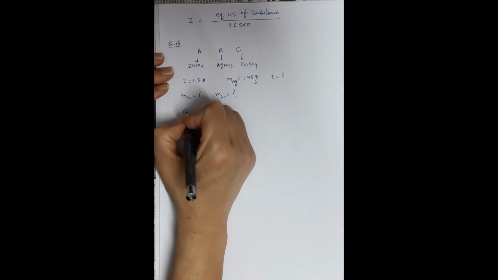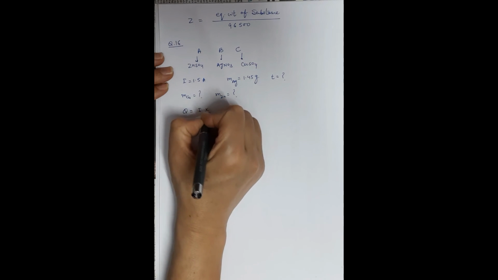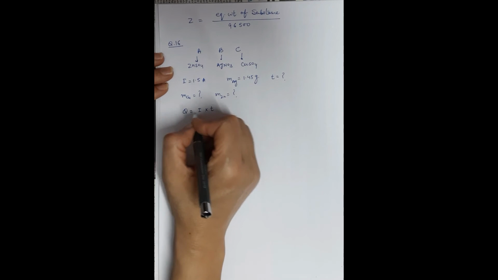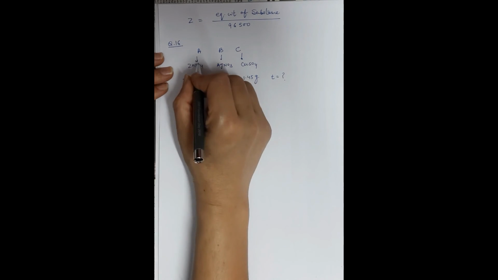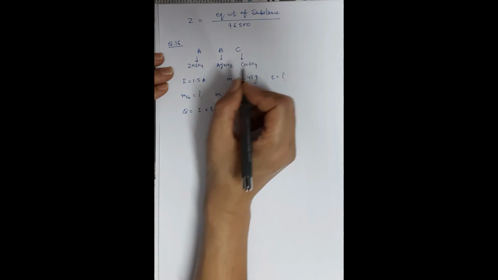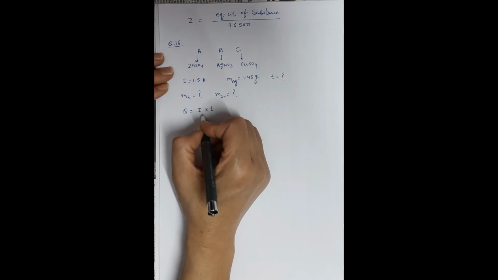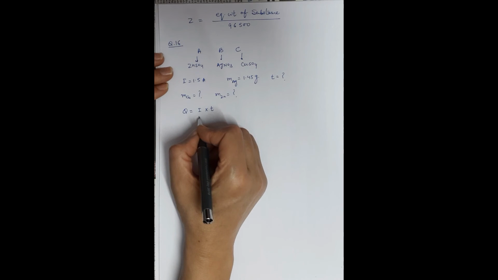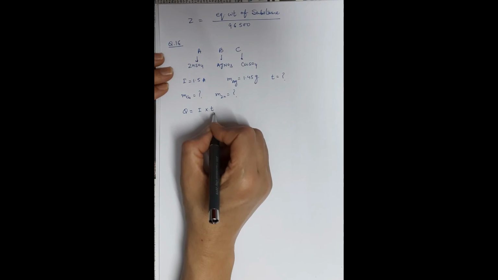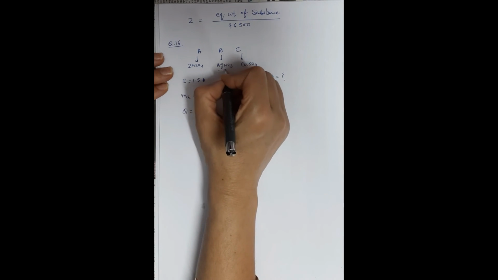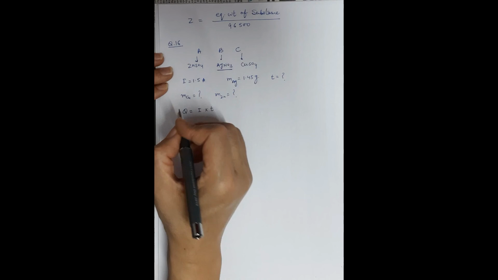Children, although we can apply the formula Q is equal to I into T, T we need to find out. Charge also we don't know, although an equal amount of charge is passed through all of them, but what charge is passed we do not know. Only current is given to us. Charge we don't know, time we don't know. But the mass of silver is given to you. So let's concentrate on the silver nitrate electrolyte.